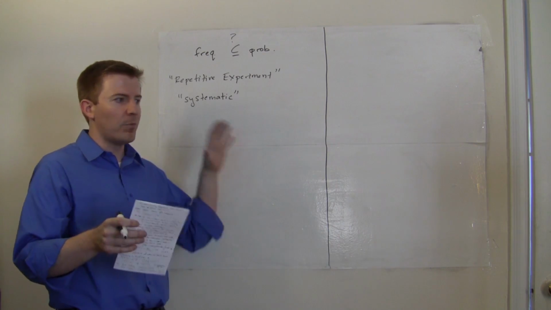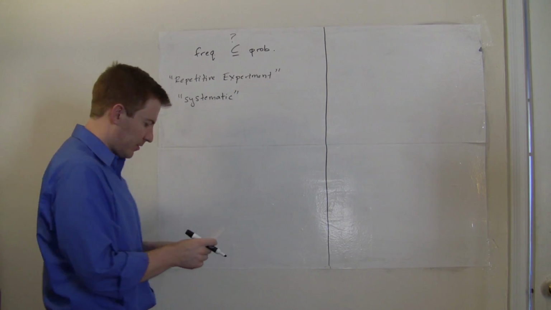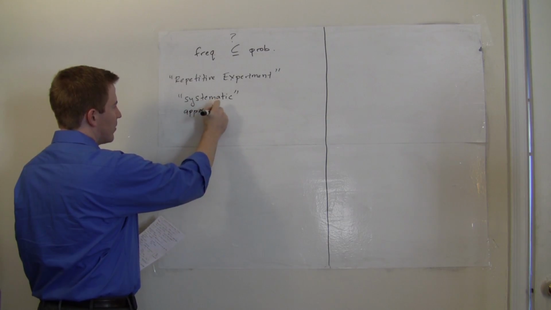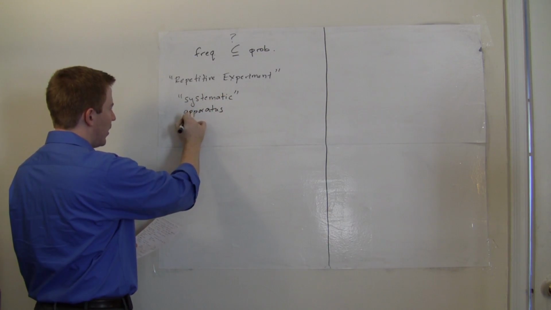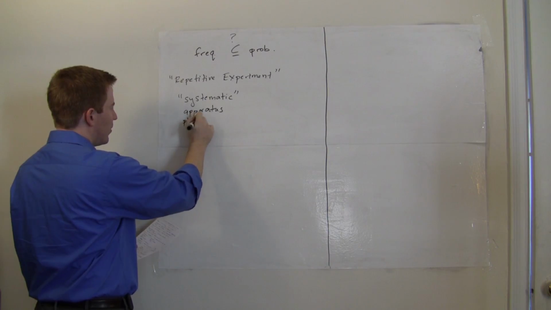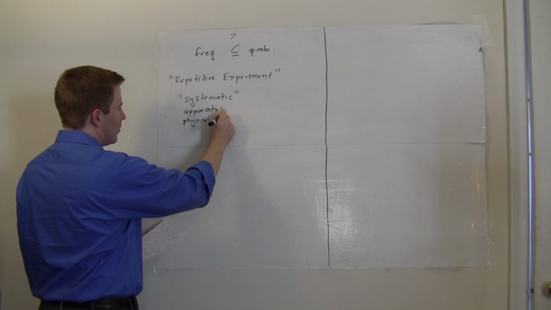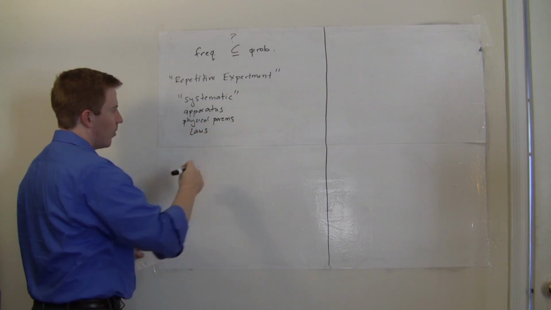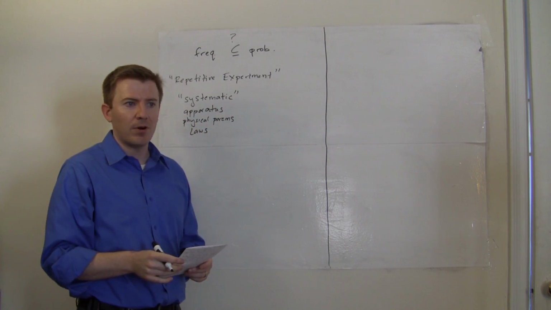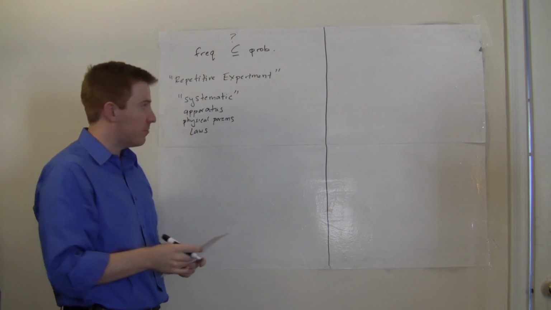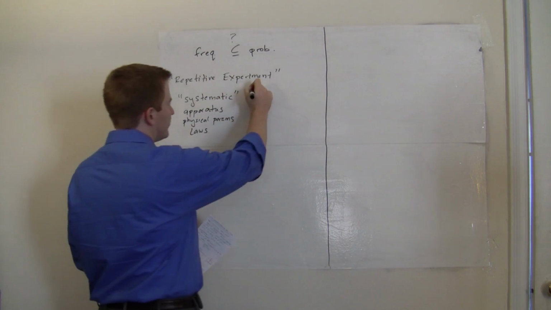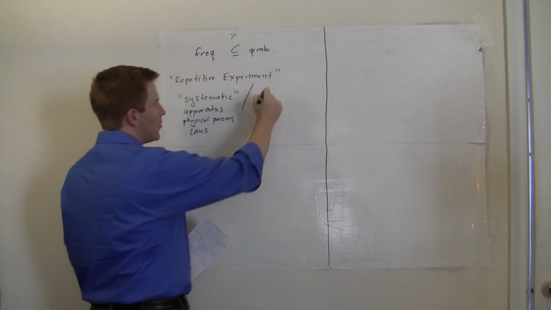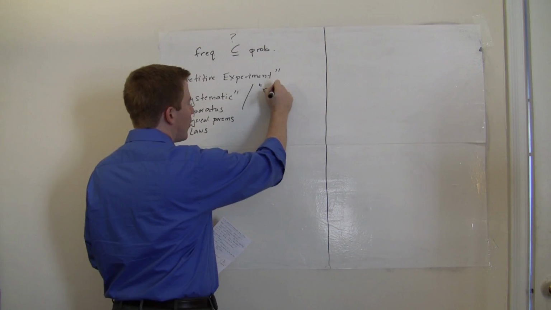Those things will all be thought of as systematic factors. So, just to summarize a few of those things: the apparatus of the experiment, physical parameters, or laws, physical laws, or procedures, or anything that's controllable and fixed. In contrast to this, what's variable from experiment to experiment is usually what people will call the random